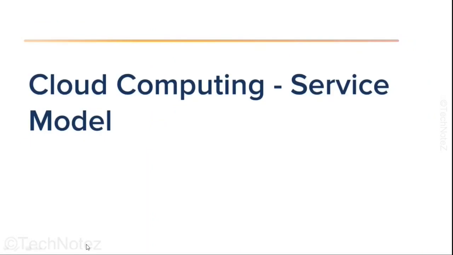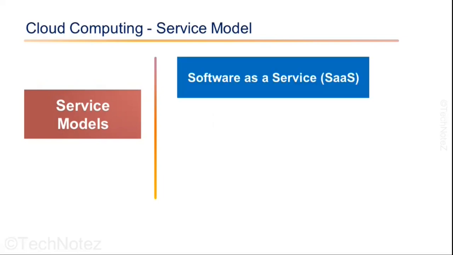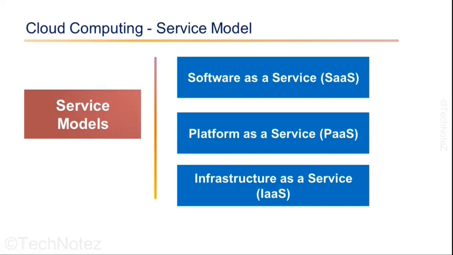The cloud computing service model defines the different levels of access, management, and control on the cloud infrastructure. Let's talk about the service models of cloud computing. You can have different levels of flexibility, control, and management on the cloud resources. Based on this, cloud resources can be divided into three types: software as a service, platform as a service, and infrastructure as a service. This is called the service model.